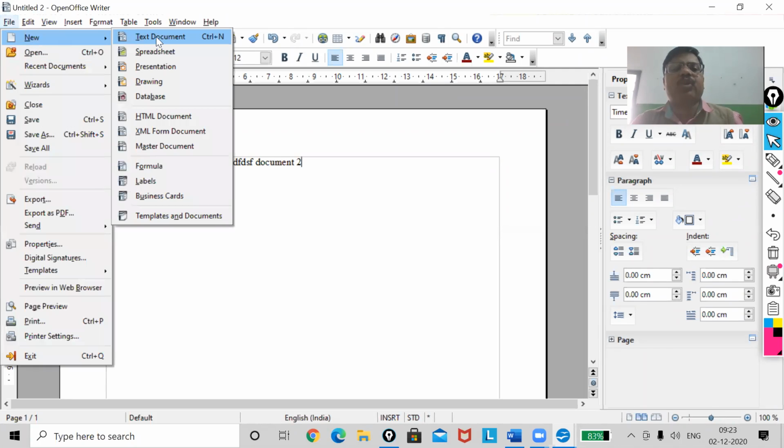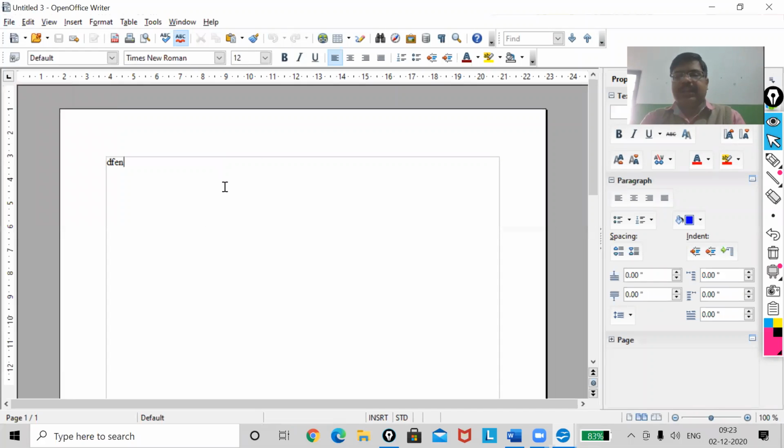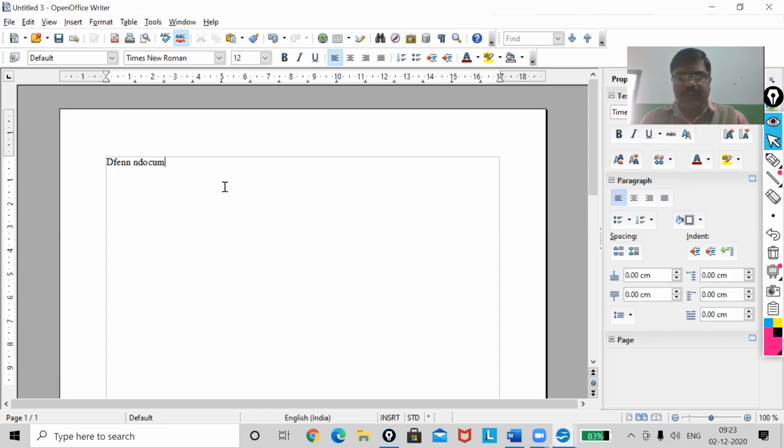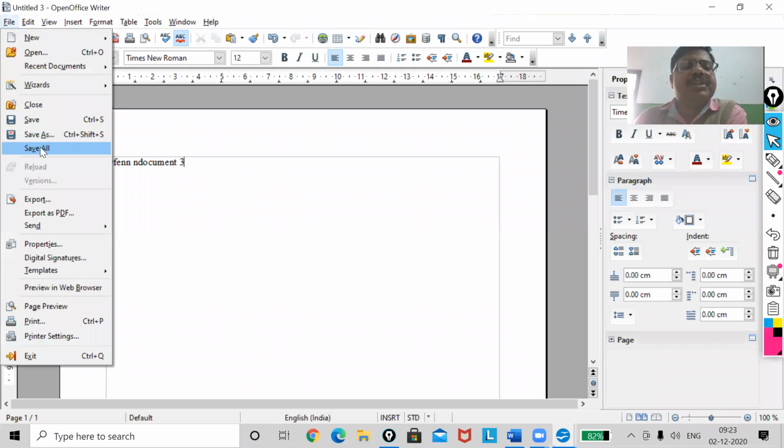One more document I'm going to open, and here I'm writing document 3. Now I'm going to save document 3 using Save All. What will happen? Will document 2 be shown or not? Yes, it will be shown after saving. File, Save All.